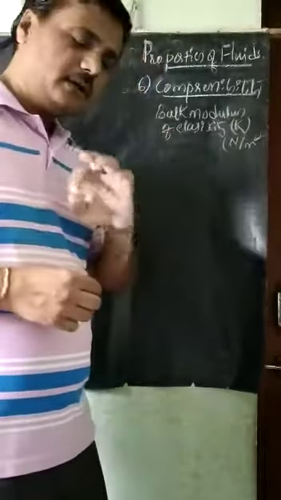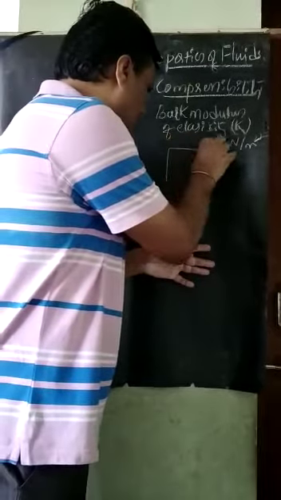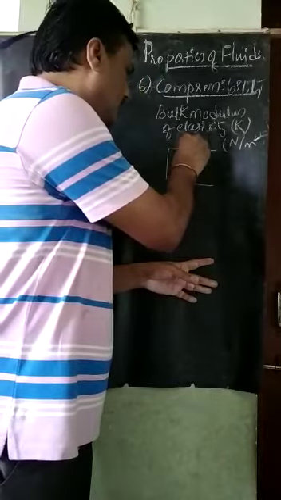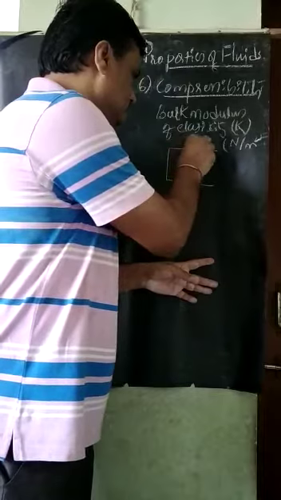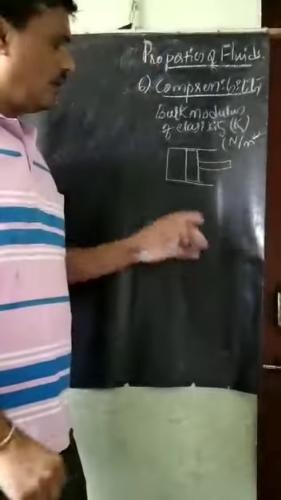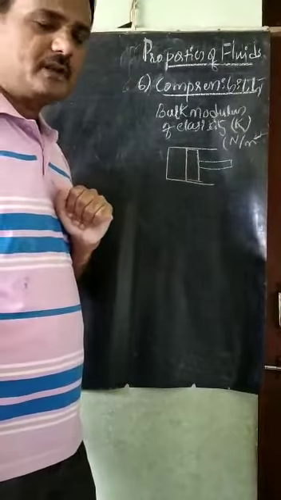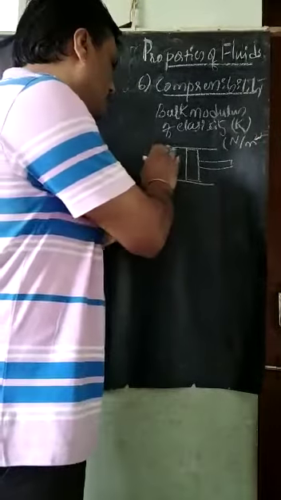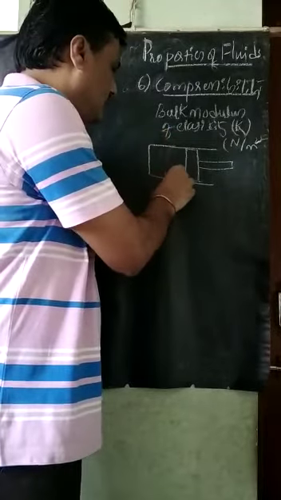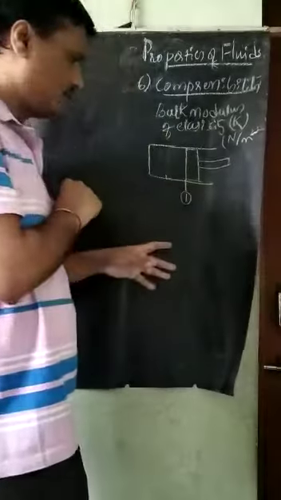So first, what I will take here now is a cylinder-piston arrangement. This is the cylinder here, and here I will take a piston. So this is the piston. Now I will make just one movement for the piston. I will take more length here to show you. So this is the one position the piston initially has, the first position.